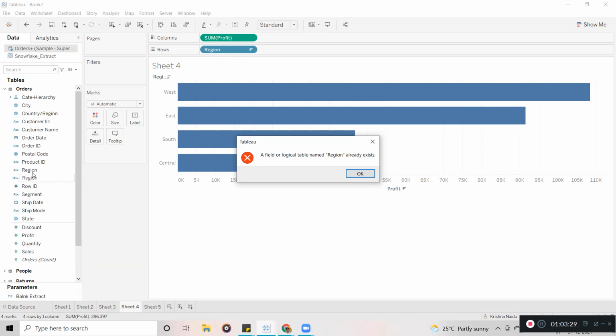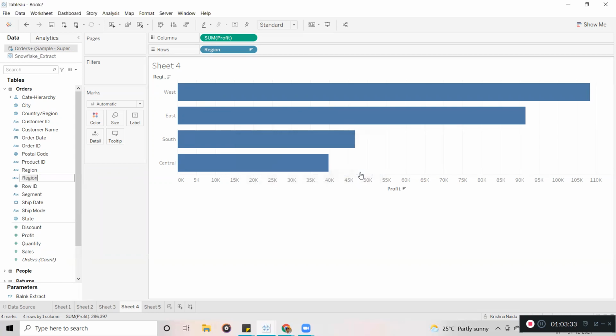You cannot give the same name for that field. So I will click on OK. Now, for remembering purposes, I am going to add either a dot or a space. Guys, if I give one extra space, it is going to accept it. The space is also treated as one character here.